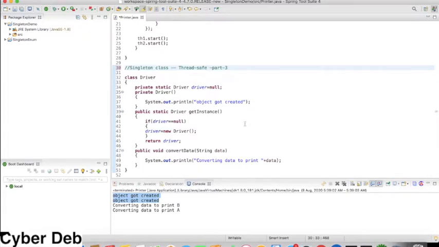Simply by using a keyword of multi-threading, that is synchronized. The synchronized keyword can be applied to a method, or it can be applied to any block. Here we have applied it to the method get instance.